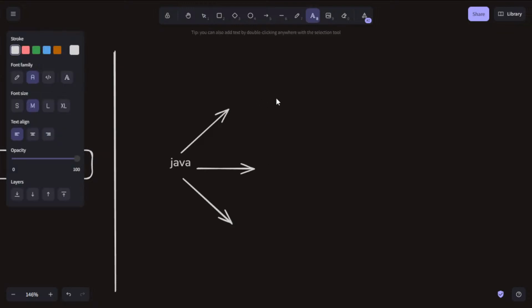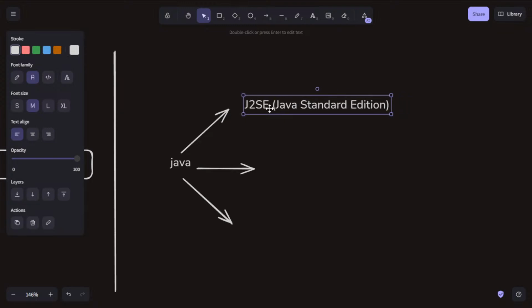First one is J2SE, also called Java Standard Edition. The second one is J2ME, Java Mobile Edition.